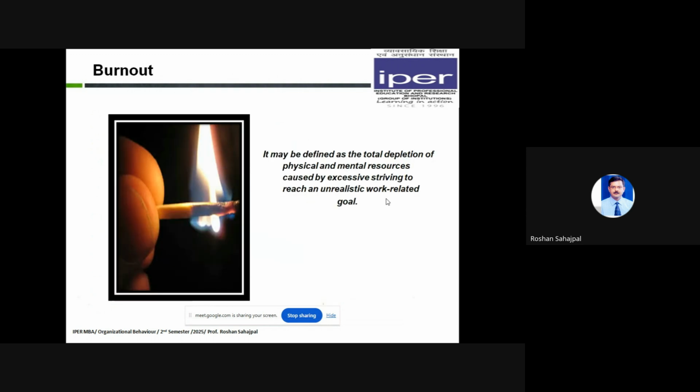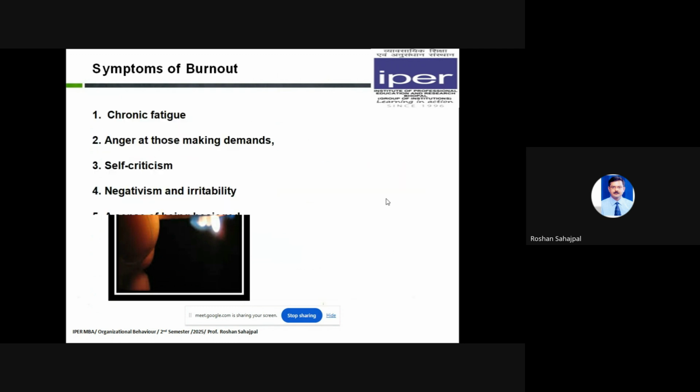Now, since we have discussed what stress is and what the reasons for it are, we'll talk about a term called burnout. अब ये बर्नआउट क्या होता है? बर्नआउट होता है कि अगर किसी को अनरियलिस्टिक और एक्सेसिव डिमांड में बहुत समय तक रखा जाए तो वो बन जाता है एक बर्नआउट केस, कि उसकी जो पूरी फिजिकल एंड मेंटल फैकल्टीज हैं वो टोटली एग्जॉस्ट हो जाती हैं। तो ये वो एक्सट्रीम कंडीशन है जहां पर एक बंदा बहुत लंबे समय से अपने आप को स्ट्रेसफुल कंडीशन में रखा हुआ है और नतीजन उसकी मेंटल और फिजिकल कैपेसिटी पूरी एग्जॉस्ट हो चुकी है और उसको एक बर्नआउट लेवल आ चुका है।